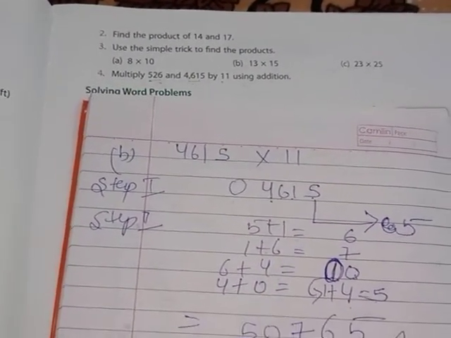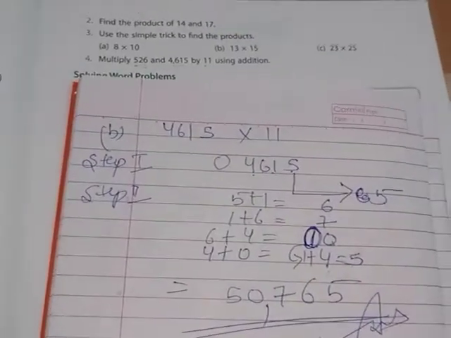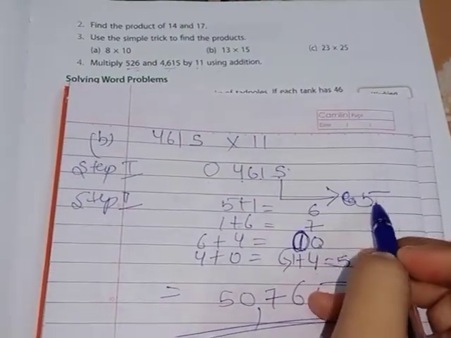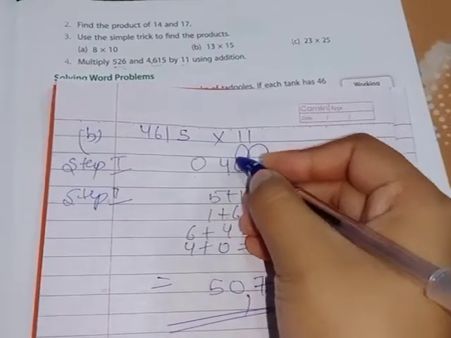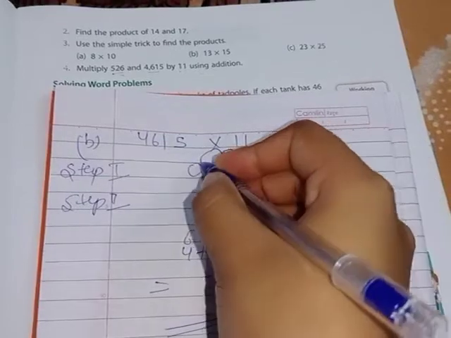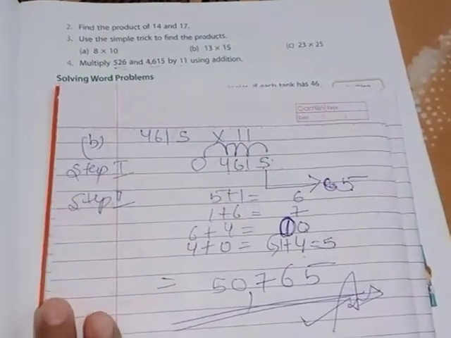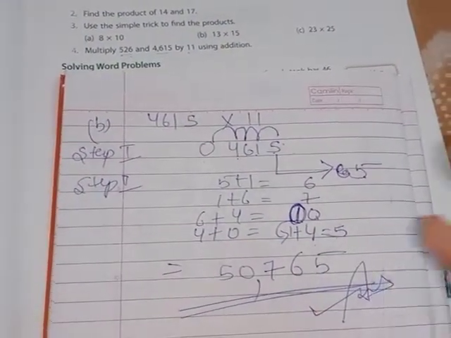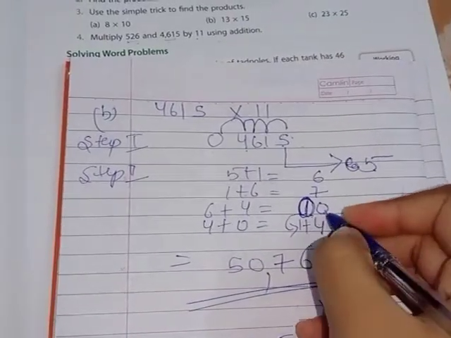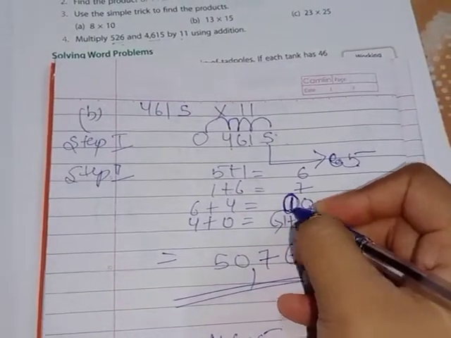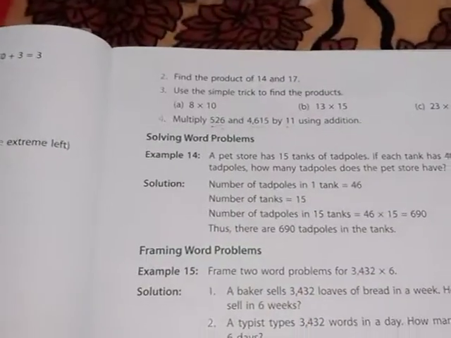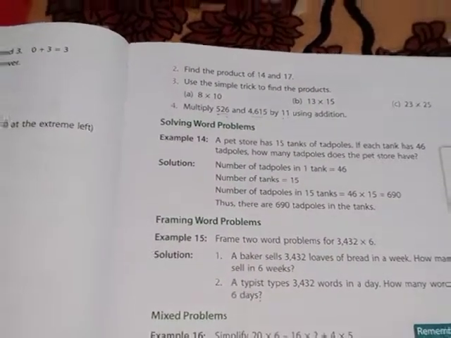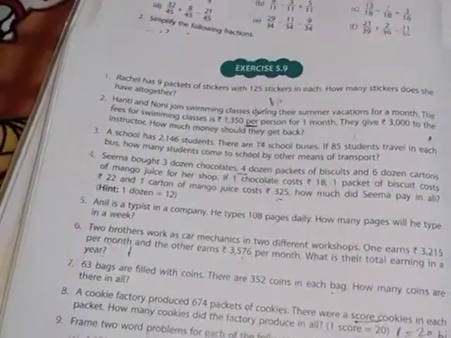First step, write the 0. Second step, write the ones place number as it is, then go on adding ones and tens, then tens and hundreds, hundreds and thousands, thousands and ten-thousands and so on. After doing this addition, wherever a 2-digit number comes, the tens place digit will be shifted forward as a carry. So this question number 4 we discussed today in exercise 5.8. Tomorrow we will move forward to 5.9.